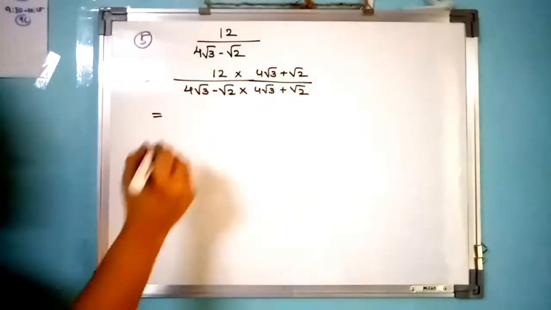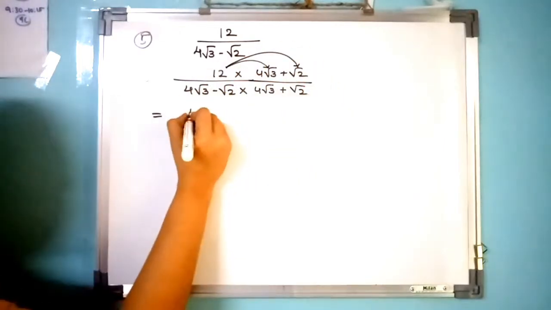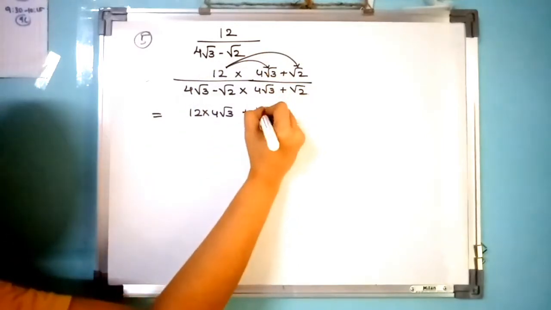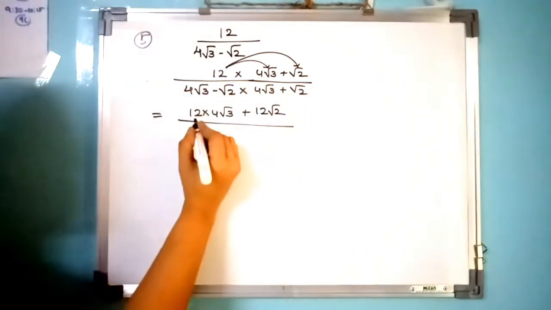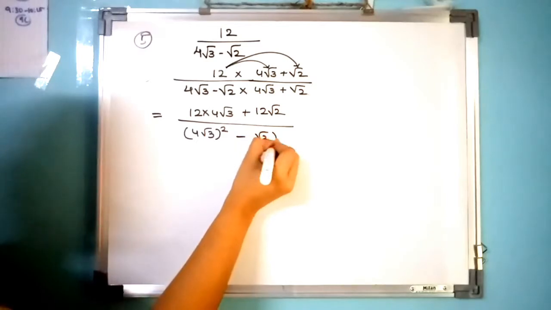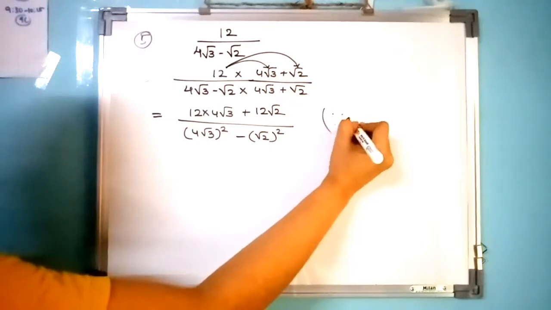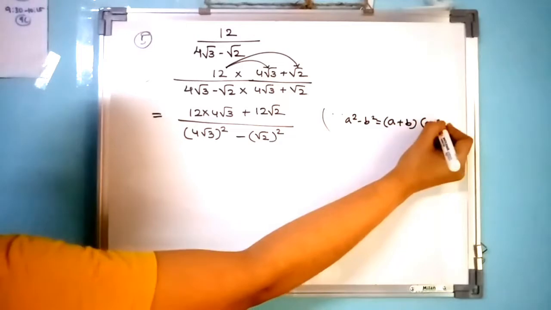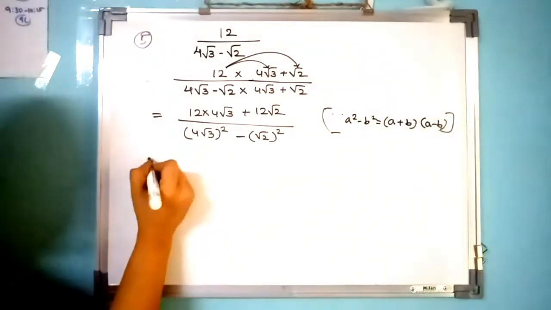So now we will multiply. This is just monomial to binomial. Monomial, how we multiply with binomial, the same method we will follow. So 12 into root 2 upon, again we find the same thing as a minus b, a plus b. So we'll write it as a square minus b square. Reason is the same: a square minus b square is equal to a plus b, a minus b. Now we will solve this.